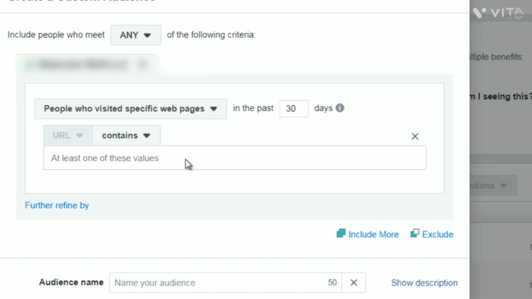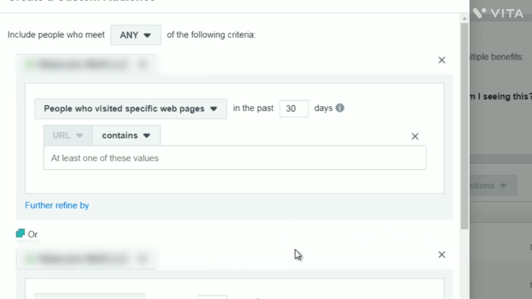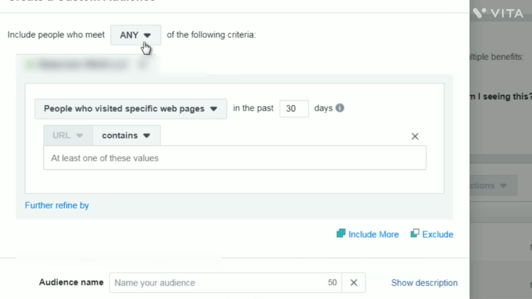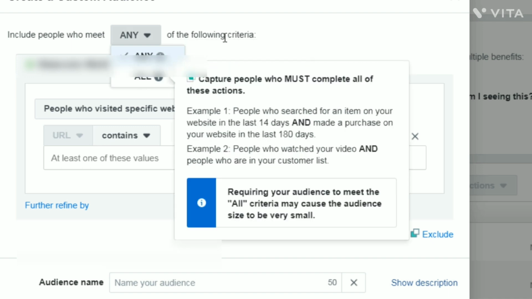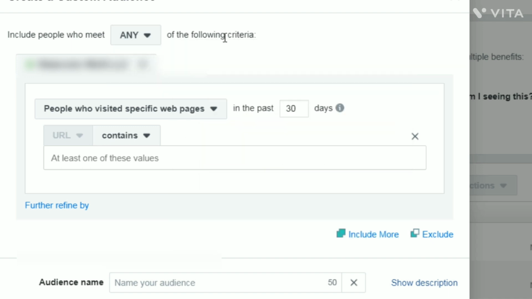So you could have one here, you could include more like so. So you could click that and include more and more and more. Or you could say something like include people who meet all. So they have to have visited blog post 1, 2, and 3 in order to be considered part of that